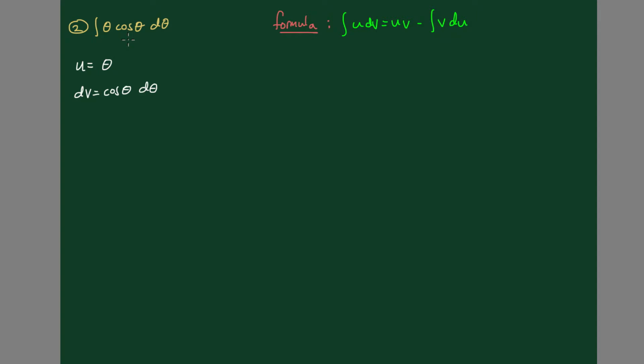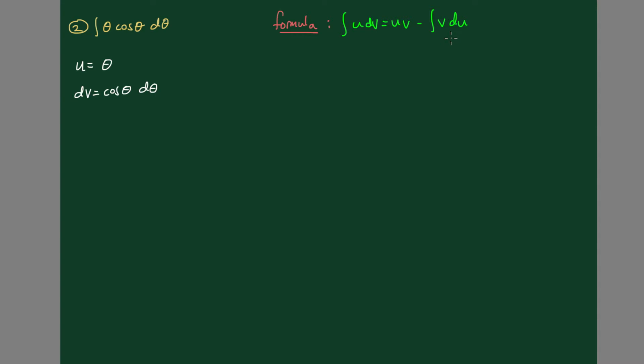Sometimes the problem that a lot of students have is knowing how to choose the u and the dv, right? It's not like you don't know how to apply the formula. It's just how do you choose your u and your dv? What usually works for me is taking a look at the formula and seeing which u and v I can choose so that the outcome becomes a lot simpler than the way the integral was before, right? So if I take a look at this first part of the formula, I try to choose my u and dv such that this integral becomes very simple,